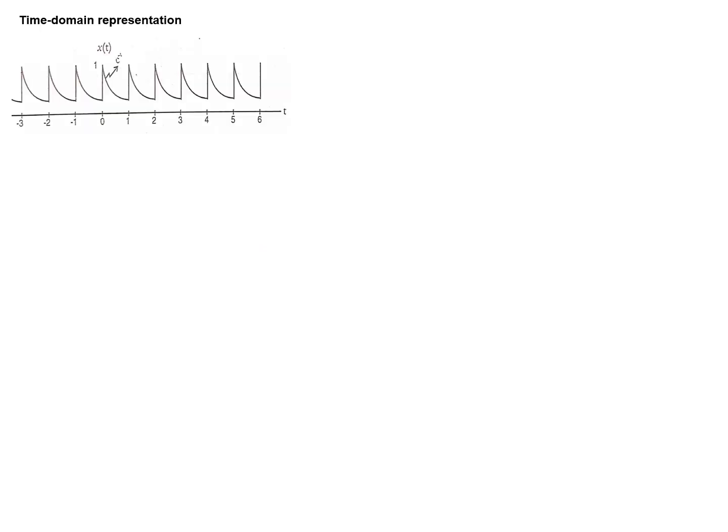This was a time domain signal given to us. It is called time domain because I am plotting the signal value x of t, the signal value at any time t, versus time. The x-axis is always the domain, and here the domain is time. Therefore this representation is called the time domain representation. In the frequency domain representation, I plot the same magnitude, either RMS value or peak value, with respect to frequency component, not with respect to time. So in the frequency domain, the time information gets totally lost. In the time domain, there is no frequency information. They actually complement each other.